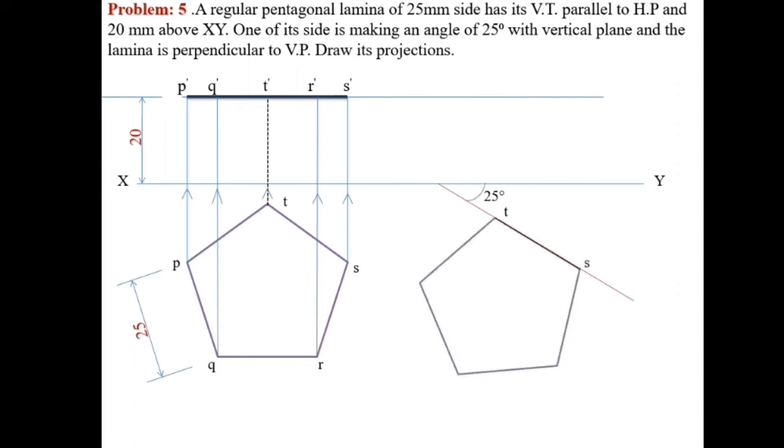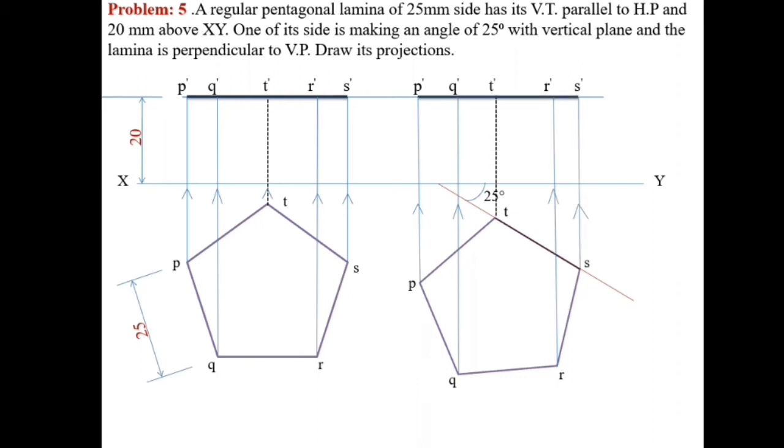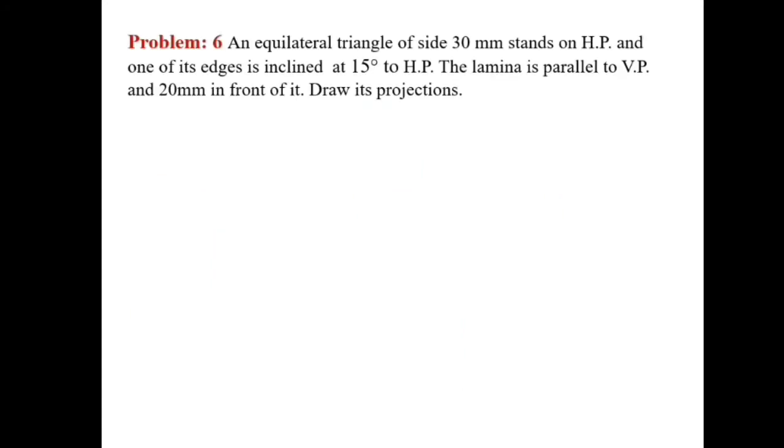You will draw it. So first you will place the side TS, then you will draw the remaining sides of the pentagon, and locate the points PQR. Now you are going to project all the lines up to the above 25 mm distance, and you will get the second position of this front view as a straight line. So finally you will join all the points by scale, very thickly you join it, that is the front view straight line.